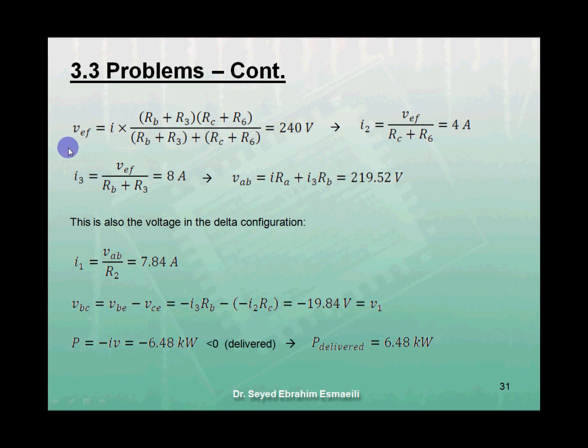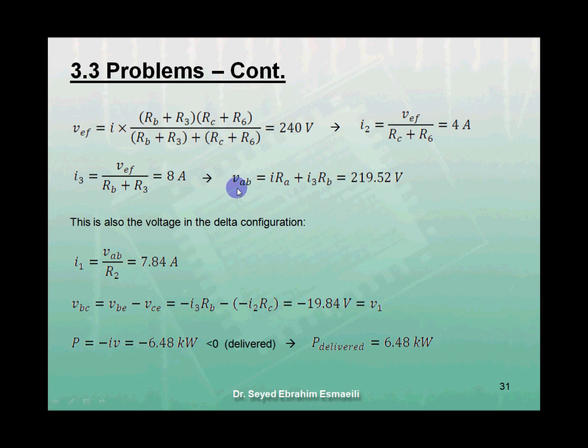The voltage difference between nodes E and F, VEF, equals I times RB in series with R3 in parallel with RC in series with R6, equals 240 volts, from which I2 equals VEF over RC plus R6, equals 4 amps. I3 equals VEF over RB plus R3, equals 8 amps, from which the voltage difference between nodes A